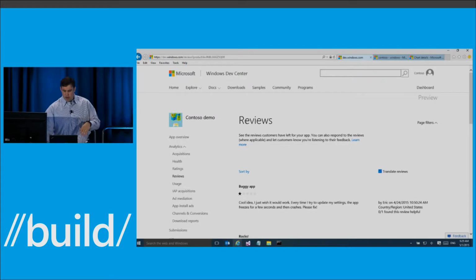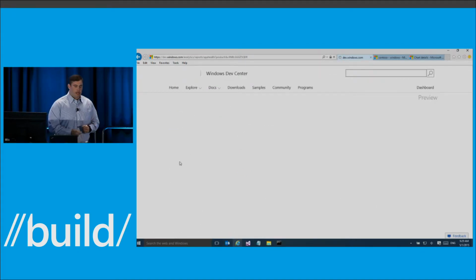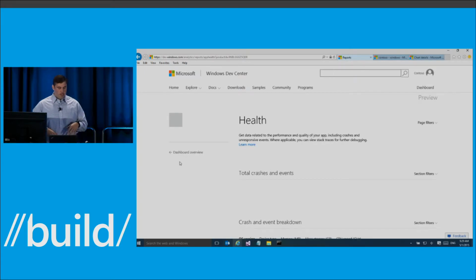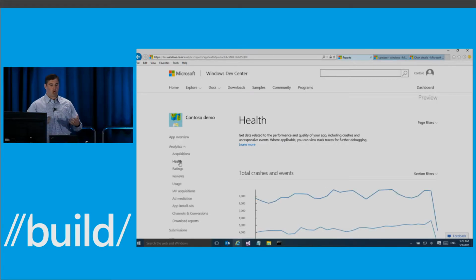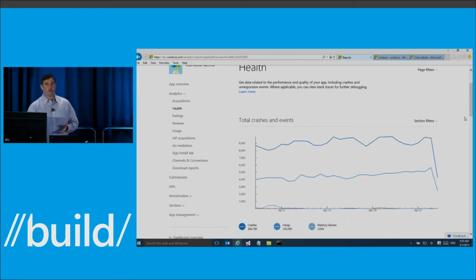Now, on the same note of things going wrong, we have the App Health Report. The App Health Report provides you with the tools that you need to identify, diagnose, and fix bugs and issues within your code as they arise. Anytime that there's a crash or a hang or a memory failure while your application is running across any Windows Phone 8, Windows 8, or Windows 10 device, that information is collected by the operating system and exposed to you here through the App Health Report.